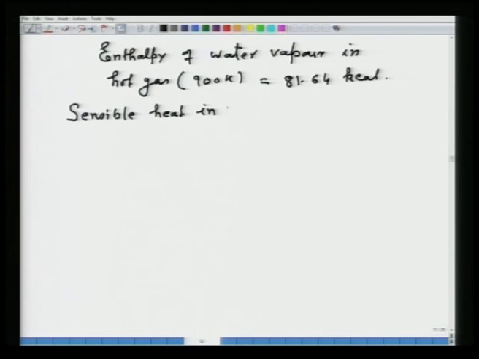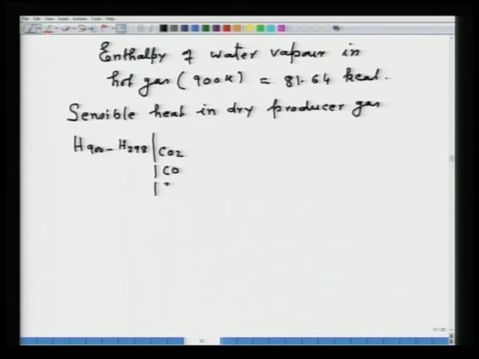Sensible heat in dry producer gas. I am writing dry because the water I have already found out, so now I do not need to find out the enthalpy content of H2O in the producer gas. So, for the sensible heat, the values of H900 minus H298 for CO2, CO, CH4, hydrogen and nitrogen are 6708,